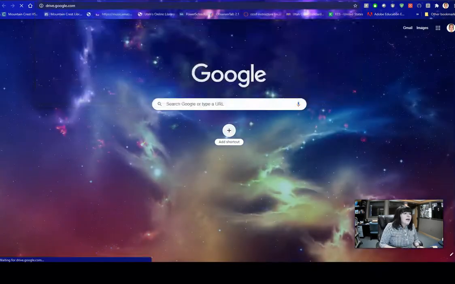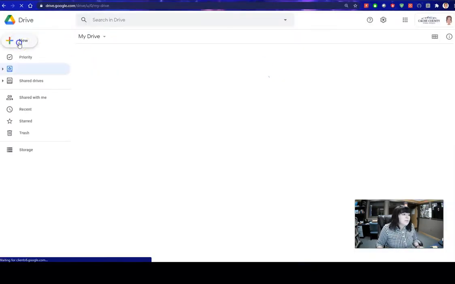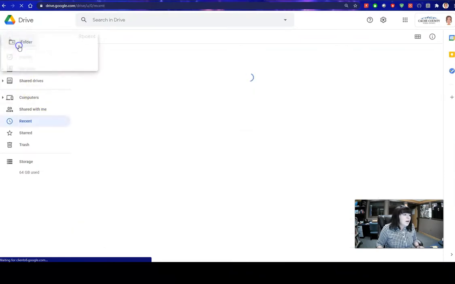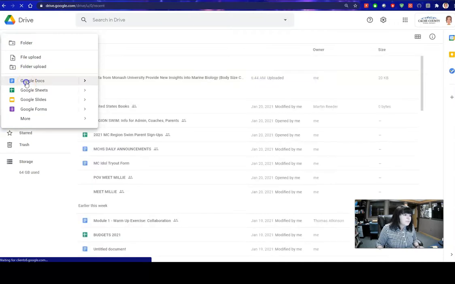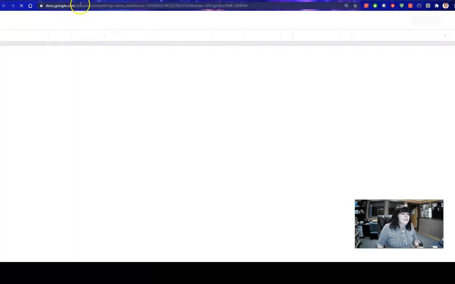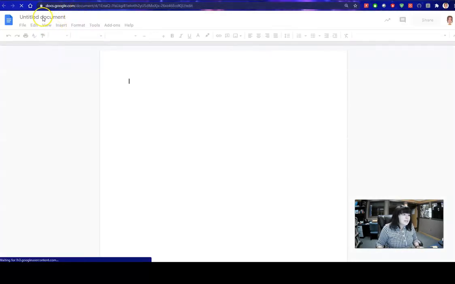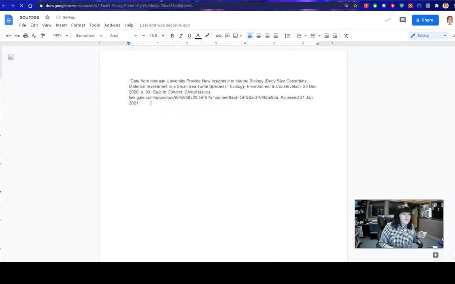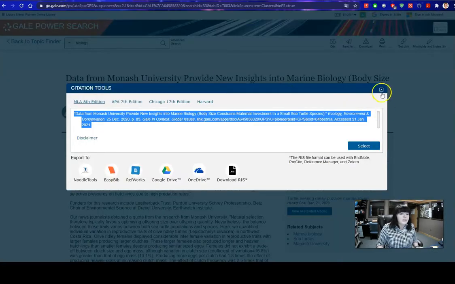I always like to have a document open when I'm doing research, like before I even start. I just open a new doc, and I just title it Sources. I mean, it doesn't really matter. I just like to have one open so that I can copy and paste sources as I go. It makes it so much easier than trying to go back and do it at the end. So anytime I've used anything from the online library, I send it to my drive, then I copy and paste that citation, just put it in a blank sources document, and then I go back and do the third tool,